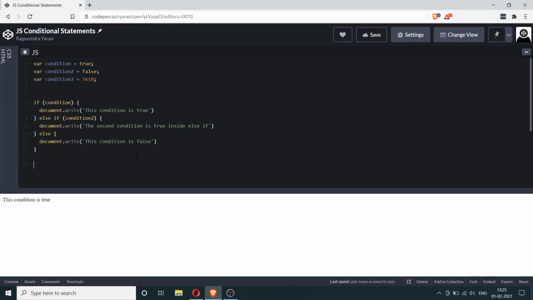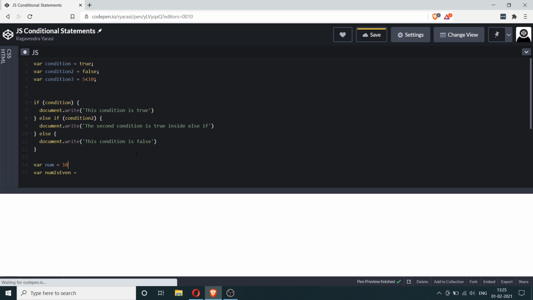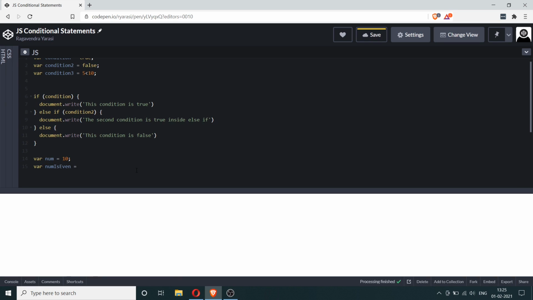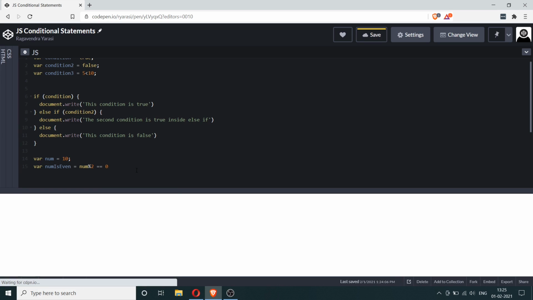Now let me give you a simple example of a ternary operator. So here I'm going to say var num is even, and let's create a variable called num, and let's say it's 10. So I'm going to say num % 2 equals 0, question mark true and then colon false. So let me explain what's going on here. There is a variable called num which has a certain value. Now this variable called num is even is meant to check whether this number is even or odd. So here we have a condition that checks that.